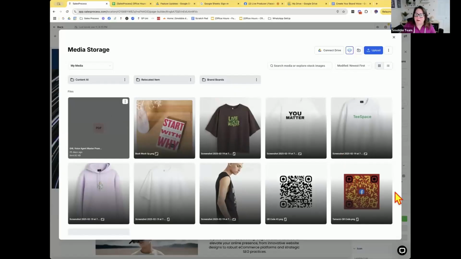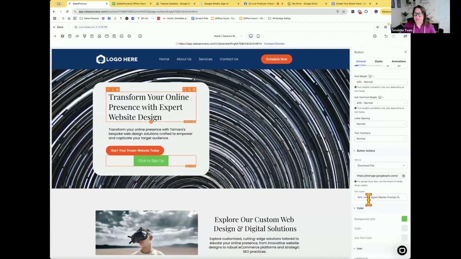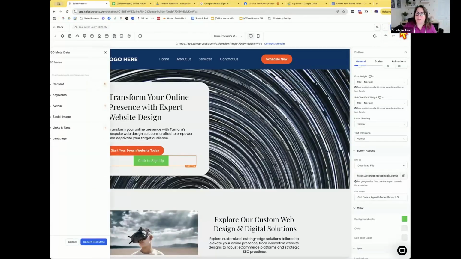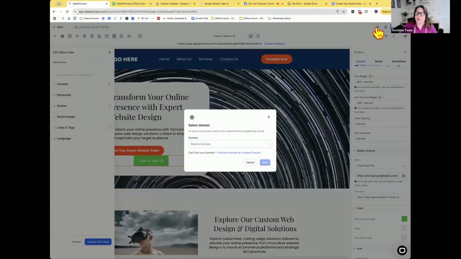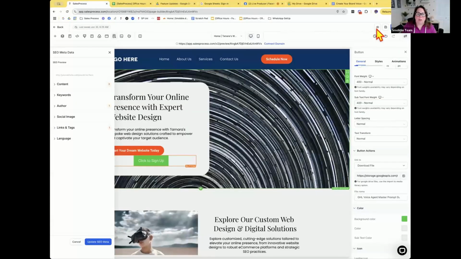Then it brings up the name of the file here. And if I save this, I don't think I have this on a domain. No, I don't. But if we look at this on an actual live page,